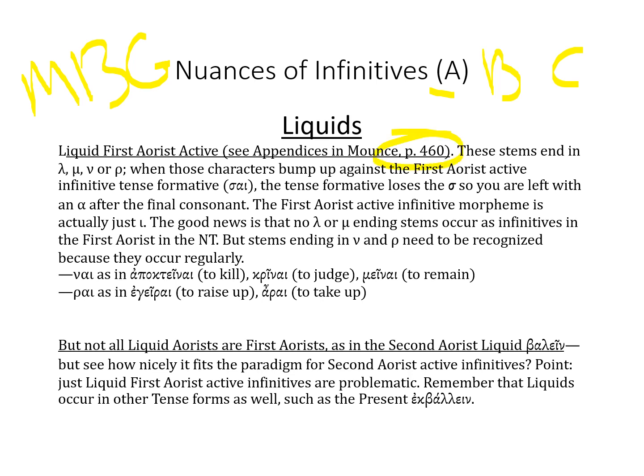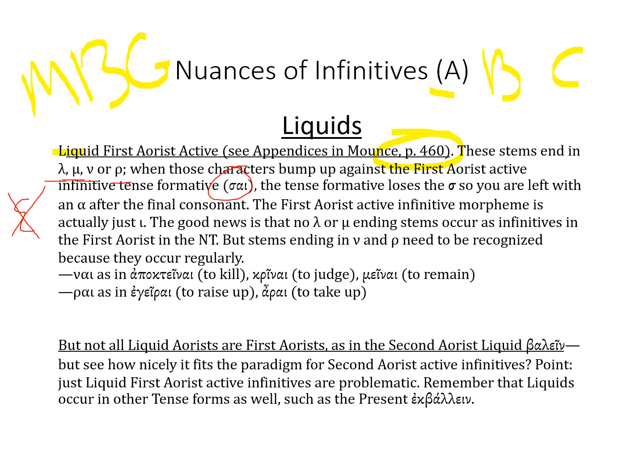Well, let's come back to these liquid verbs. Remember what a liquid verb is? That's right. The stem ends in lambda, mu, nu, or rho. When the stem ends in one of those letters, remember if it bumps up against a sigma, we've got some problems. In the indicative, there was the inclusion of an epsilon sigma so that we would have a contract and that sigma would drop out. Here, the sigma drops out, but we don't have a contract because there is not the inclusion of this epsilon.